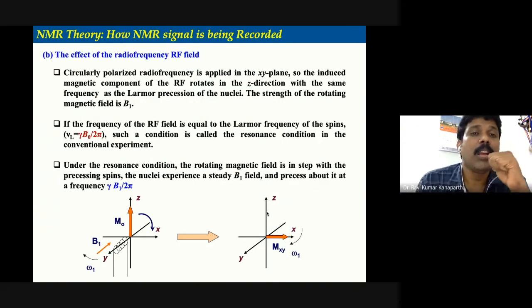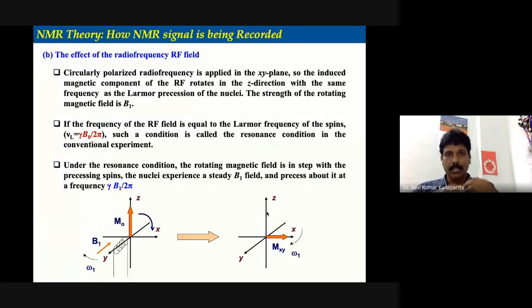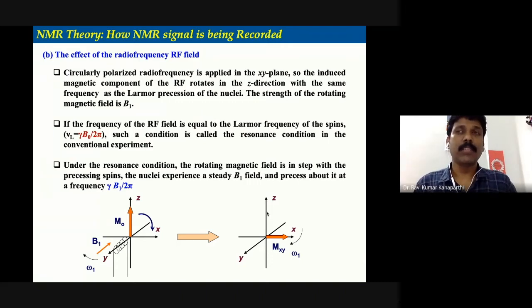Please remember this. Then, in the process of recording an NMR spectrum, first we have to keep the non-zero spin active nuclei in the external magnetic field. That is the first step. Now the second step in recording the NMR spectrum is that we will apply a radio frequency pulse. How the radio frequency pulse is applied is a very nice concept to go through in fine detail, but I will not go into that; I have simplified it a little bit.